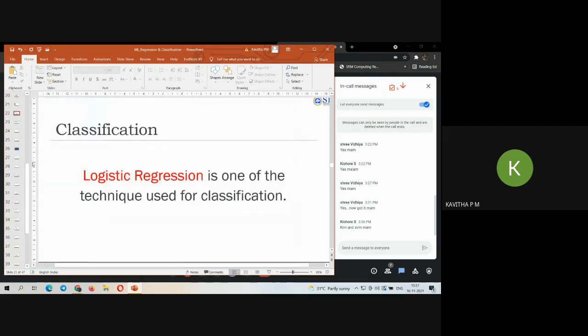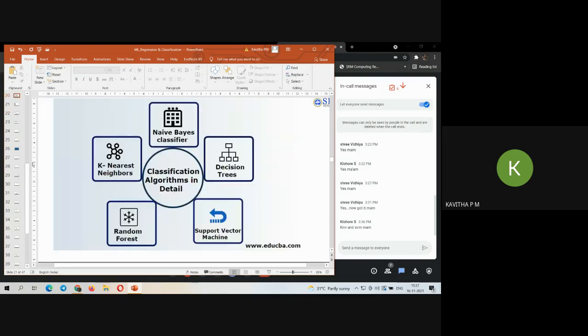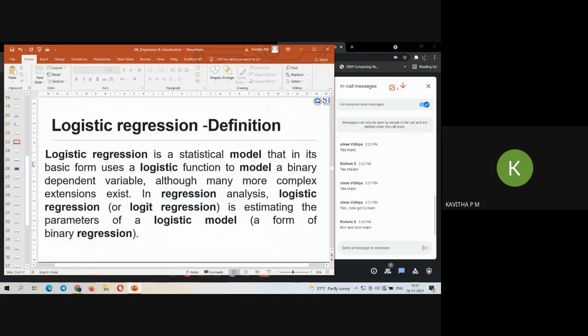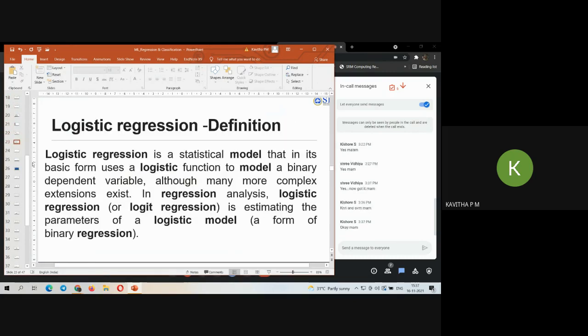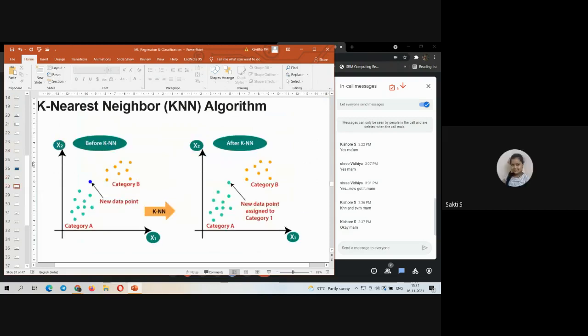Yes. So logistic regression is one of the techniques used for classification. Obviously, logistic regression, linear regression, all those are classifiers, right? In different classifiers we use different methods. Linear regression comes under regression, but we are going to do the classification process with that also. Fine. So what are the problems you can predict using linear regression?